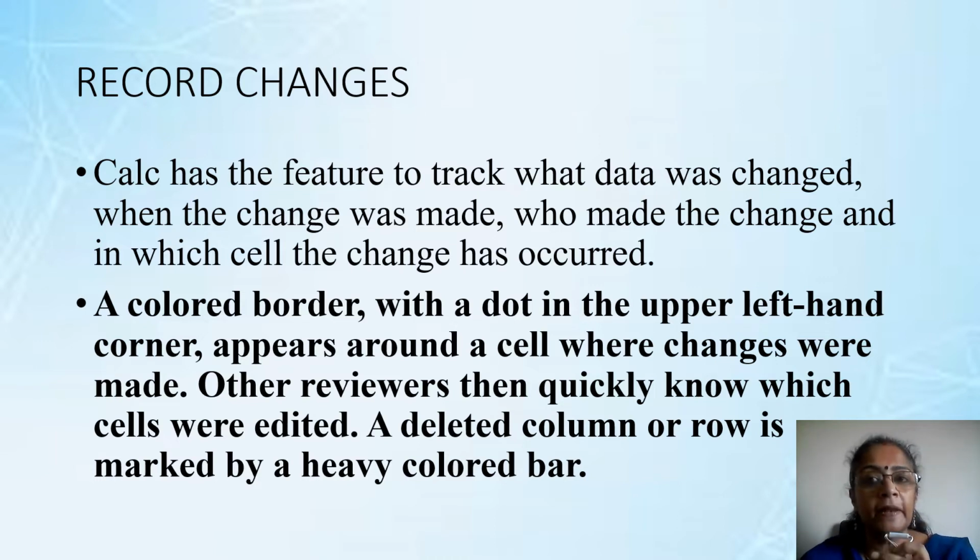So when many people are using the same file, there is an option available in Calc which is called record the changes. If multiple people have been using your worksheet, then you can record the changes which the other person has done. This helps you understand exactly in which cells the changes are made. The cell in which the change is made gets highlighted with a red color. If any rows have been deleted, then a dark red colored border comes on that particular row, so the person knows that one particular row has got deleted.